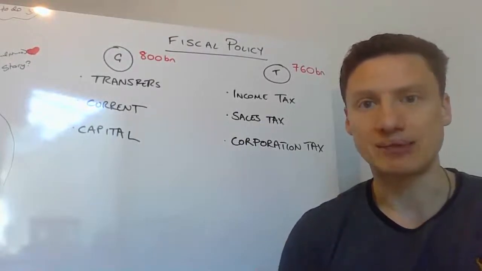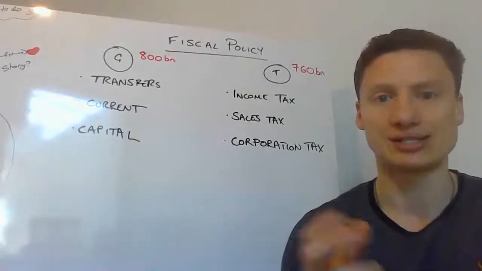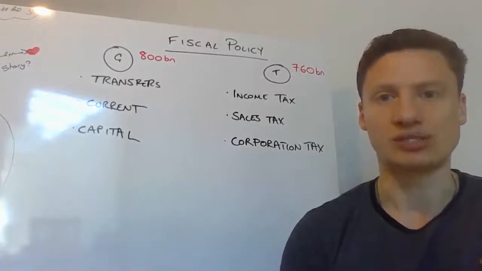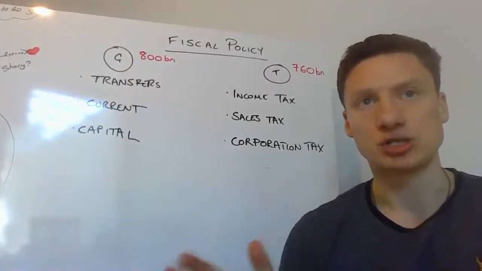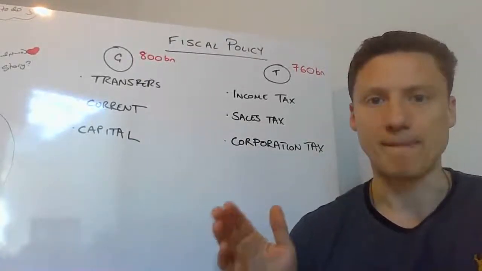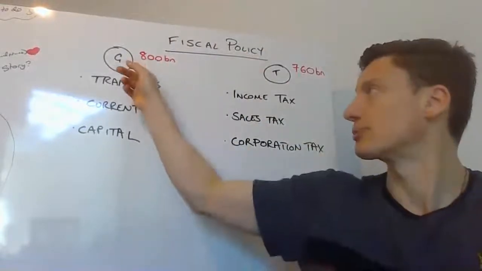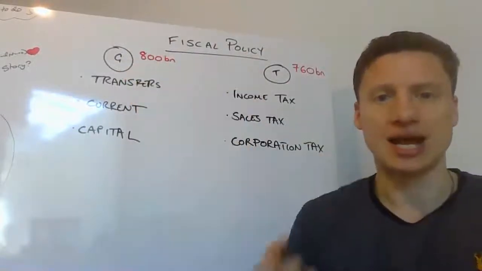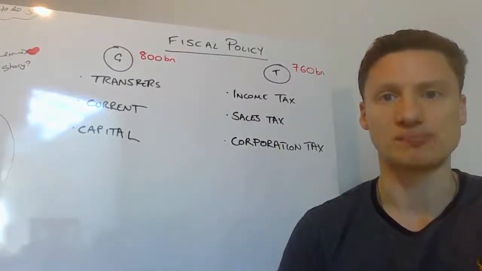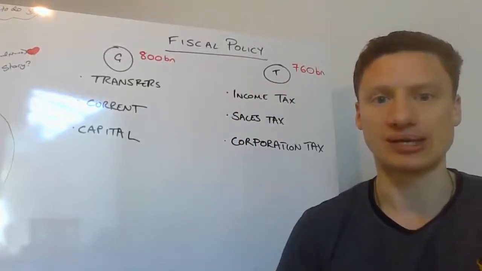Remember, right at this time, Rishi Sunak is our Chancellor of the Exchequer, so he is the chap in charge of, responsible for fiscal policy in the UK. And just before this lockdown, coronavirus, he was doing the budget. Okay, fiscal policy is all about the budget, the relationship between G and T. And in that budget speech, he sets out the government's plans for spending and, as we'll see in a moment, taxation for the upcoming year.